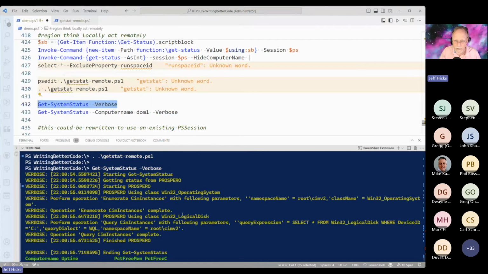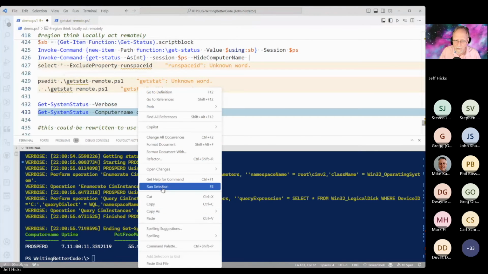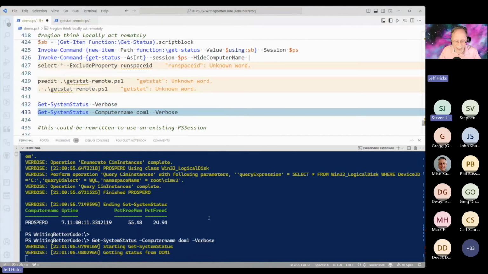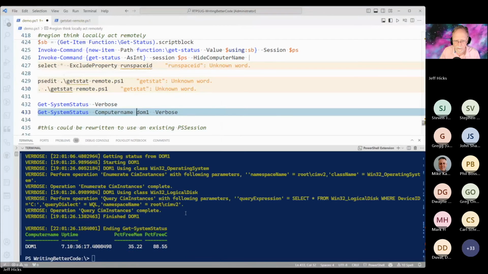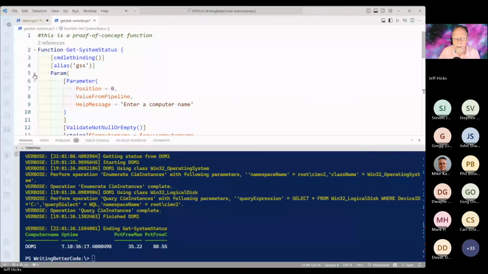All right, that's much better. And let's do it with my domain controller. So this is then creating the remoting session and executing the script block. And then I create my output from the remote output on my machine. Of course, I didn't verify that. Okay, so let's see here. Oh yeah, it does take value from pipeline. So I should be able to do